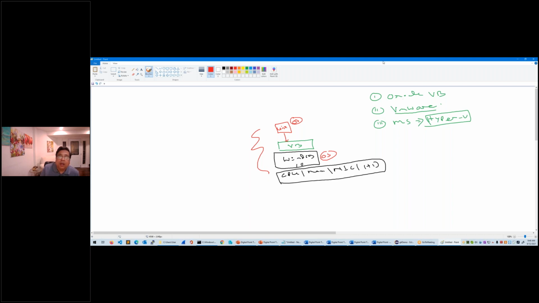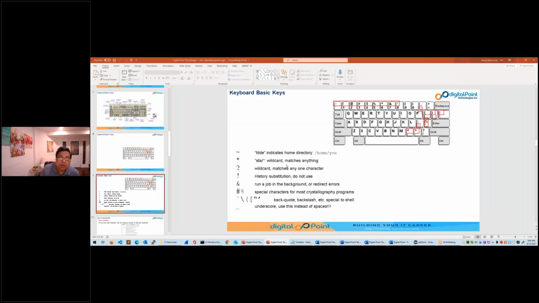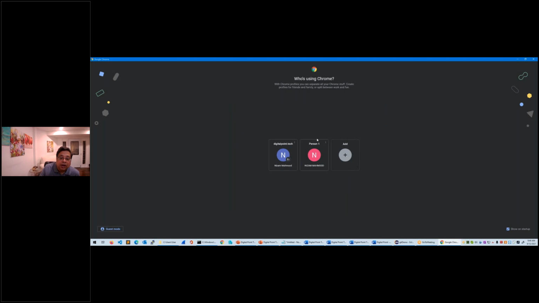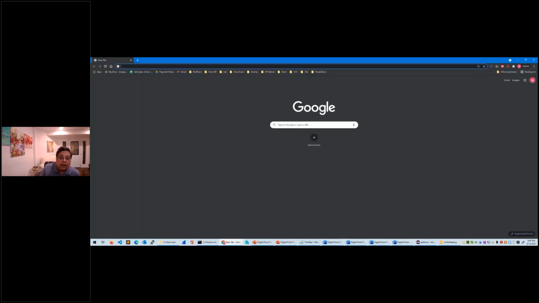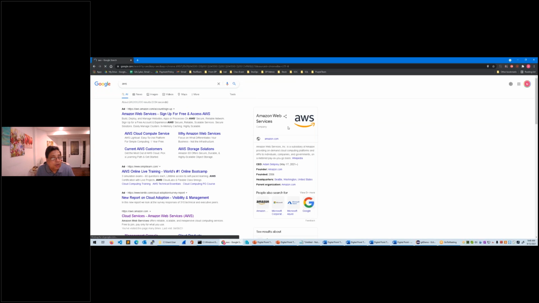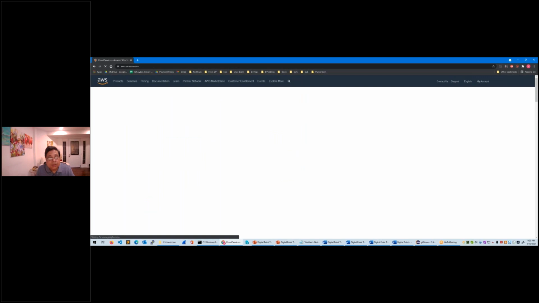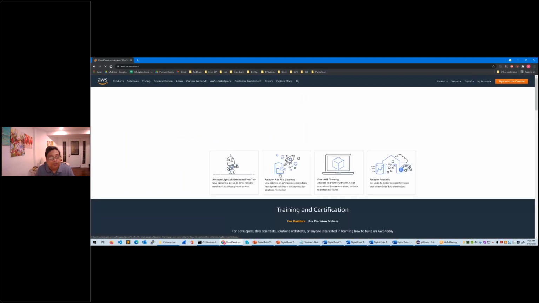Another way you can do it is from the cloud. Today I think it is better for everybody, because as I said, we need to become more and more familiar with the cloud. So it is easy for us to create a machine on the cloud platform. Let me show you how to do it, and it will not take too much time. First of all, you need to create an account in Amazon. If you type Amazon, it is called AWS. A means Amazon, W means Web, S means Services, AWS. So their service name is called AWS. If you go there and go to the cloud Amazon services, you can see,